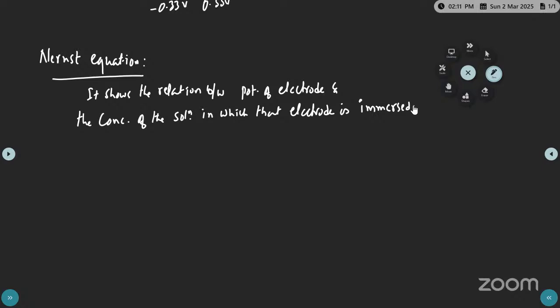So you know what the electrode is. For example, this is the zinc electrode, and that zinc electrode is dipped or immersed in which solution? Zinc sulfate solution. This is zinc sulfate solution, and this is zinc. Okay, so what it says is the potential of the electrode is dependent on the concentration of which